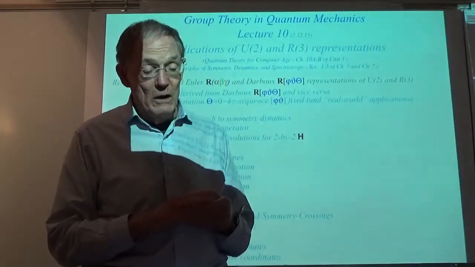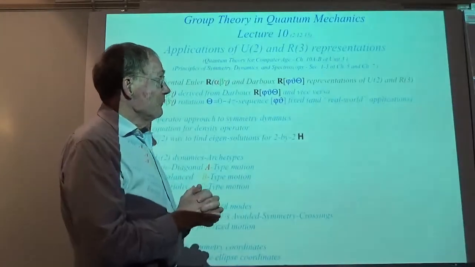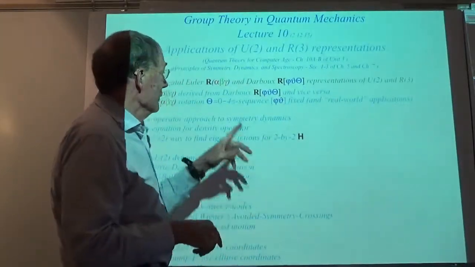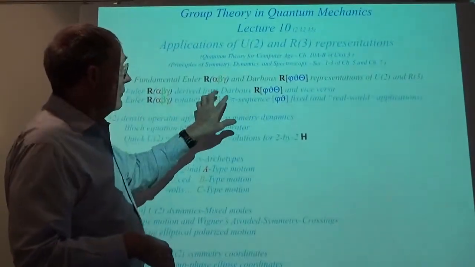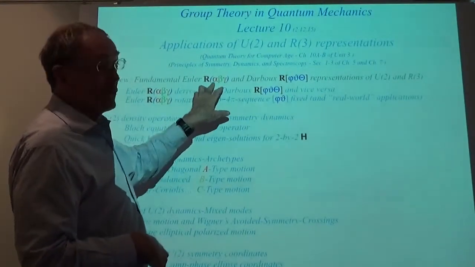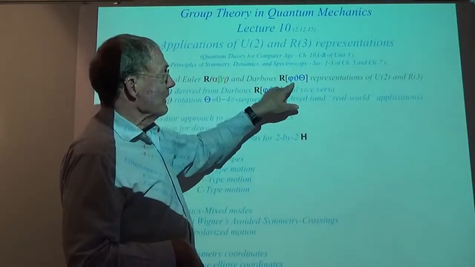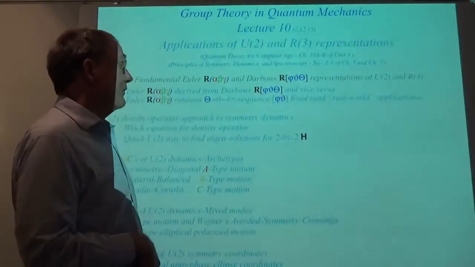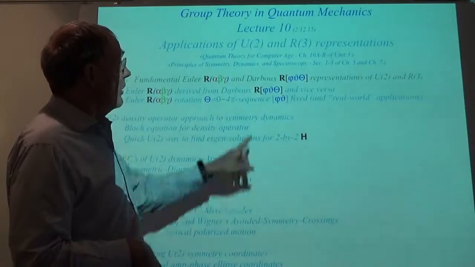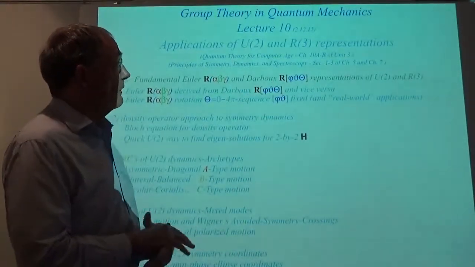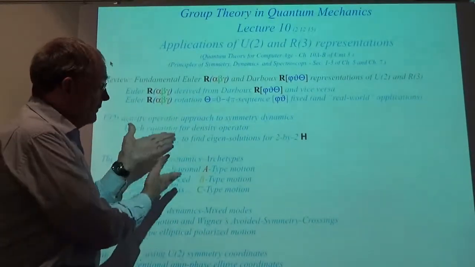The Darboux crank vectors with their funny polar angles, and then the Euler one here, which by the way I think you've noticed that I always use parentheses when it's Euler angles, and I use the braces, brackets I guess you would call those, when I'm dealing with the Darboux coordination of rotation. Anyway, that's what we're going to be using today